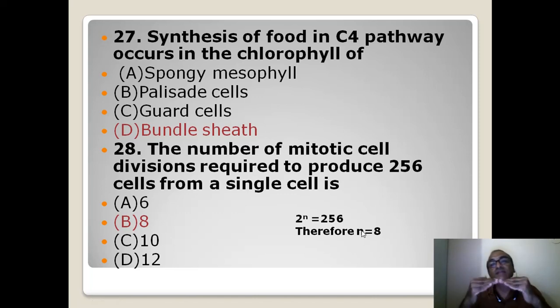That is, when one cell divides into 2, one division has taken place. Then these 2 cells divide again into 4. That is cell cycle number 2. Then cell cycle number 3. Like this, 8 cycles will take place. Then only we get the total number of cells. After the 8th cell division, it will be 256.